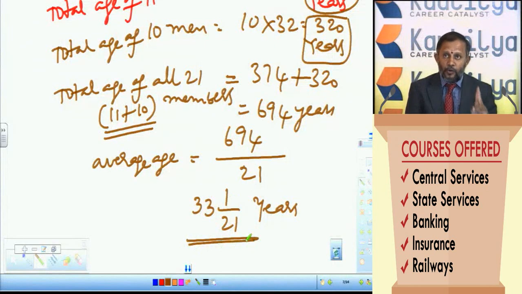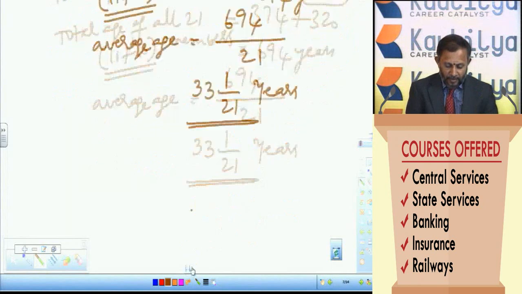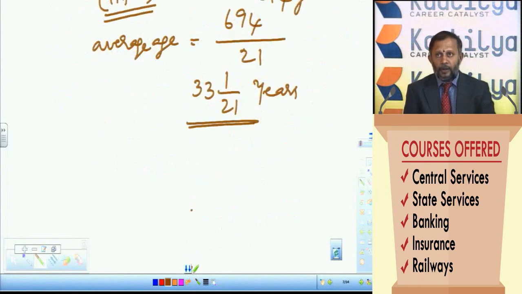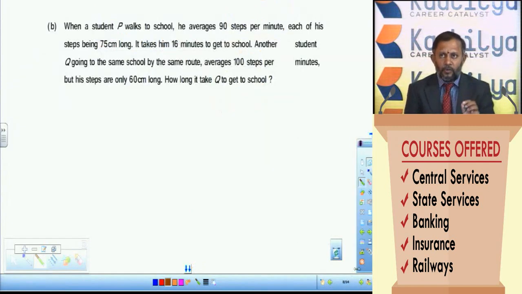So for that you have to mention 2 formulae. The first one is the formula for average, that is total by number of elements. And the second formula, total is equal to number into average, right? By using this we calculated the total age of male members, the total age of female members, the total age of all the 21 members. Then you have to calculate the average value by using the formula total by number of elements. So like this we have to specify each content in the data and each step you have to follow, that must be represented on the paper.